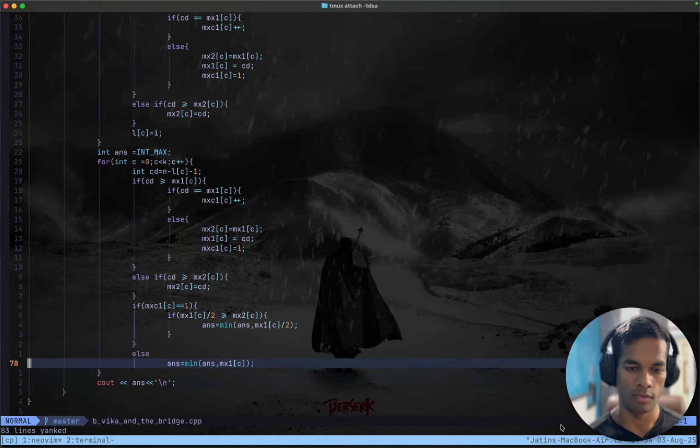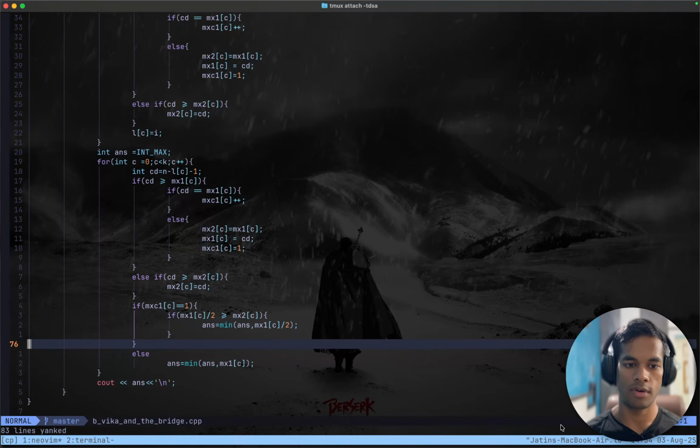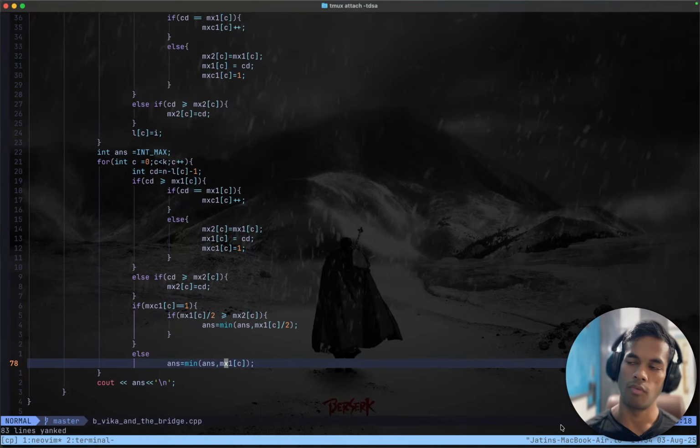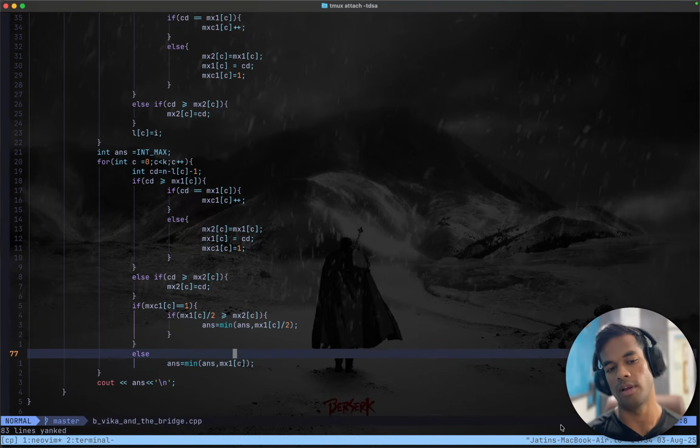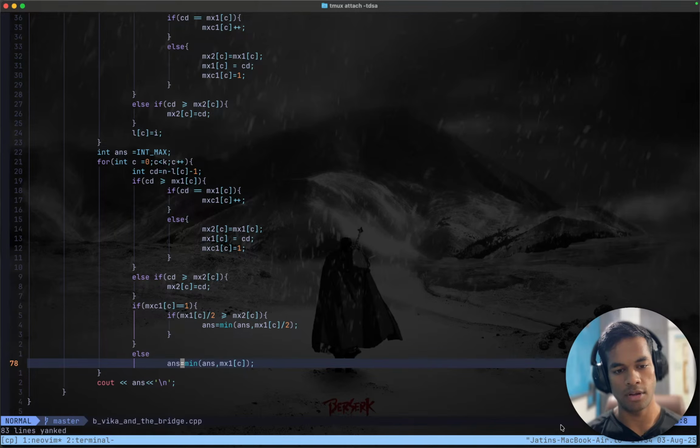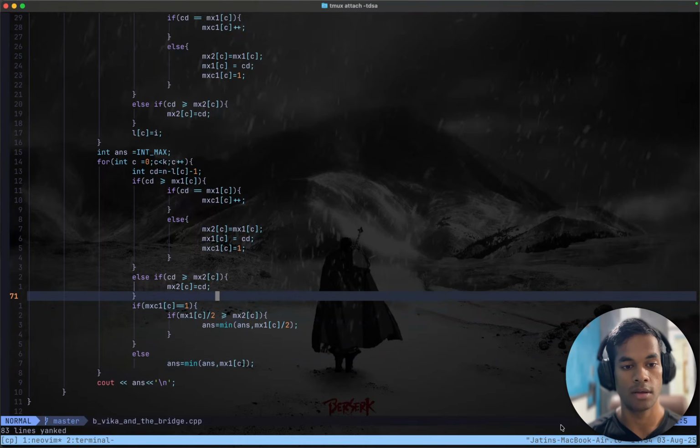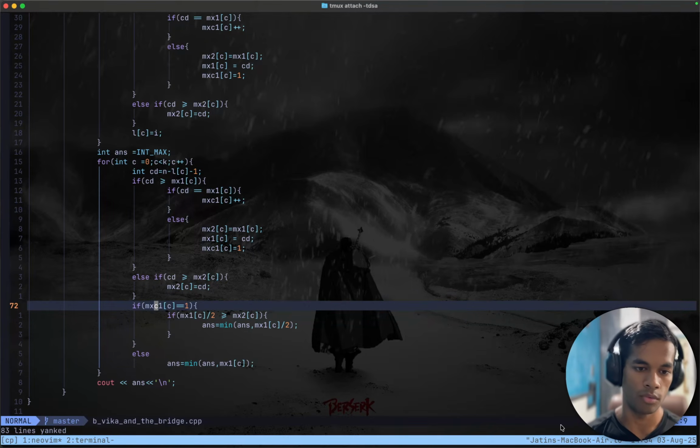Take minimum of answer or... okay. After updating the maximum value for the current value, I am updating answer to be equal to the minimum of the answer that has been till this point or this value. And in some cases, I would be able to cut this in half if, first of all,